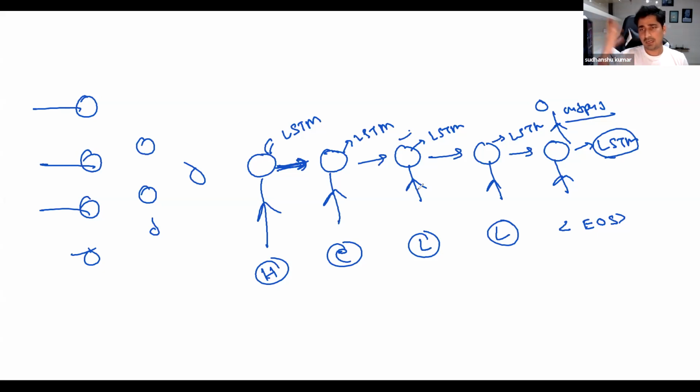For LSTM, there are many models which will come into the picture, plus implementation, and you will see how easily you are able to solve a time series problem that you will not be able to do using ARIMA, ARMA, or those machine learning models. It's painful, but here it's very easy. Just a small line of code, and you will be able to build a robust model, right? Whole sentences can be a single LSTM. You can do that if I'm trying to solve that kind of use case.